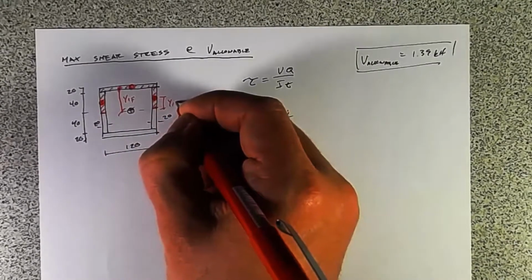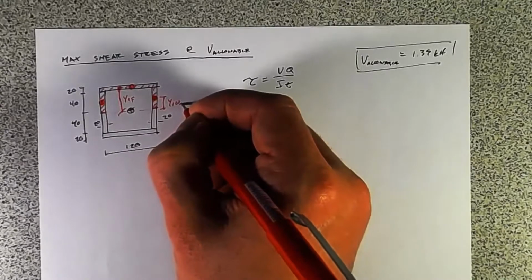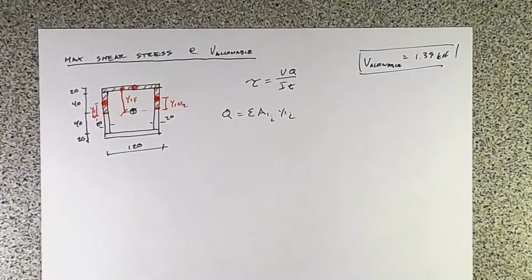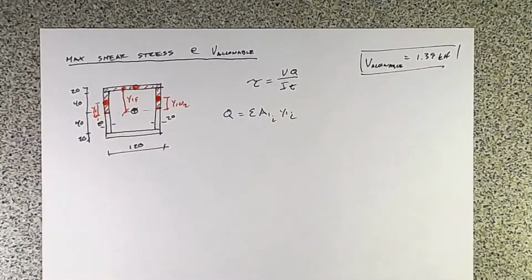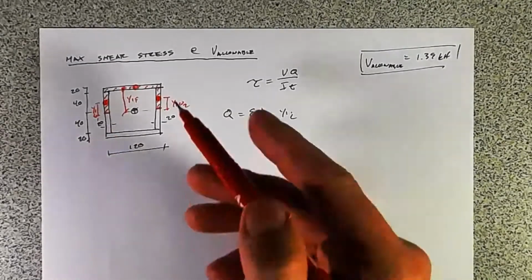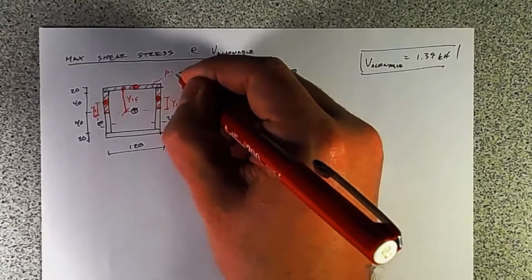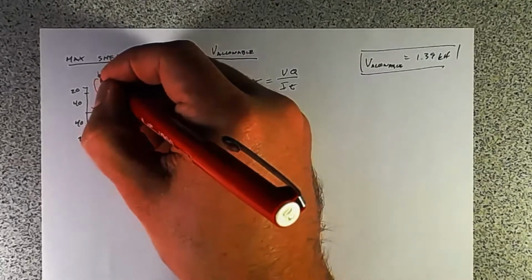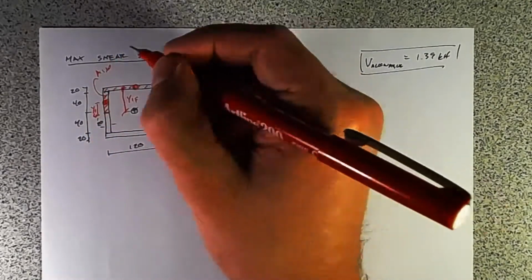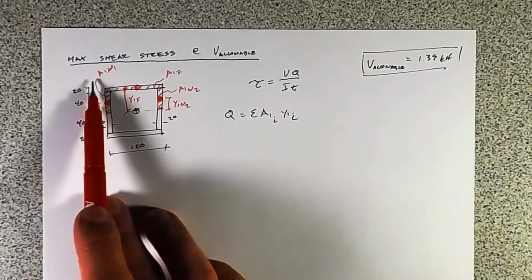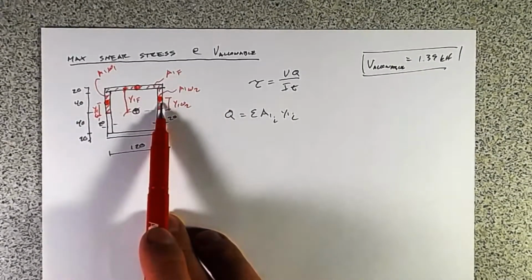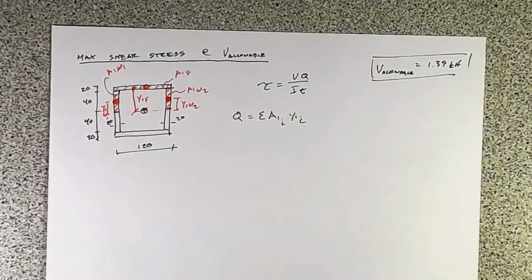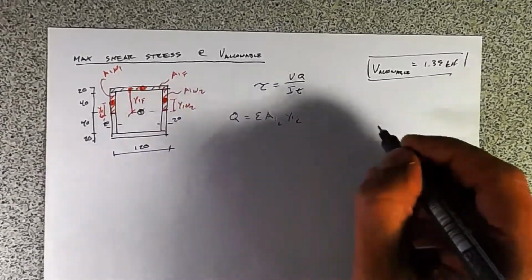and Y1W2 and Y1W1. So sorry, it's a little bit unclear there, but we've got, and then we'll call that A1F, A1W2, A1W1. So the area of this web, the area of that web, and the area of the flange, all above the level that we are trying to find the shear stress at. So that's not too bad. Let's just